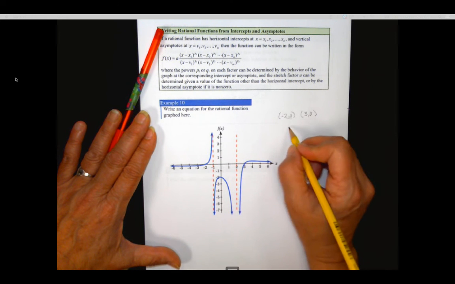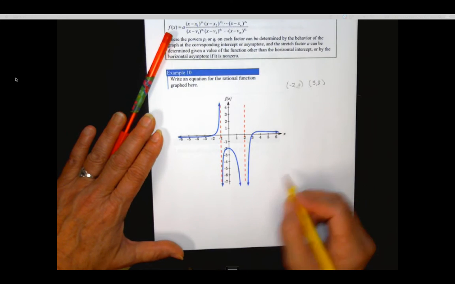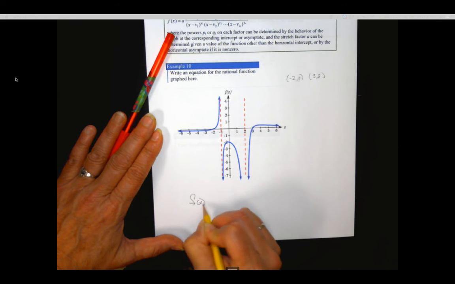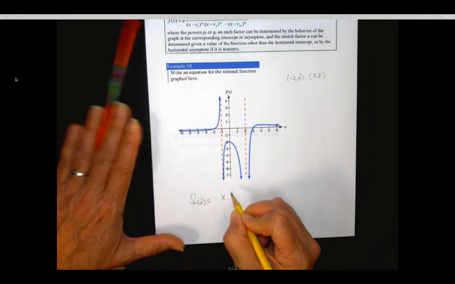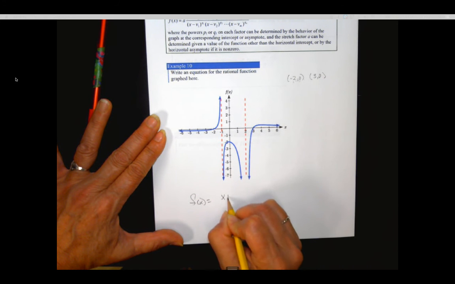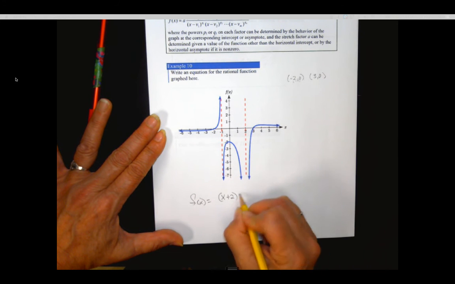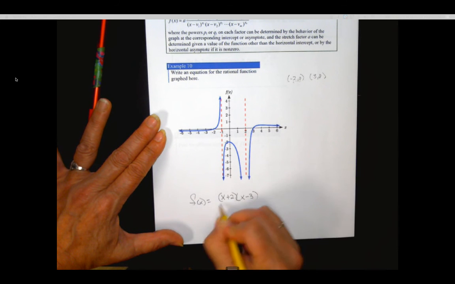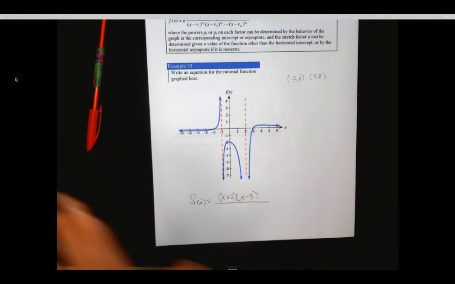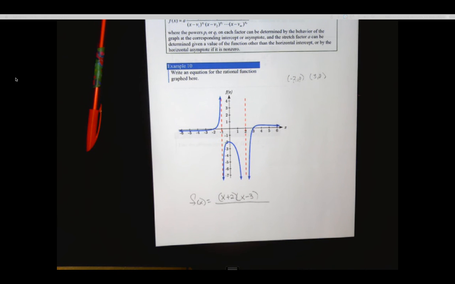So I know for this function, in the numerator, I'm just going to write it down here, f of x is equal to, what I know so far is, if -2 is a 0, this must have been x plus 2, and if 3 is a 0, then that's x minus 3. I know those are in the numerator. And then I can look and see where there is